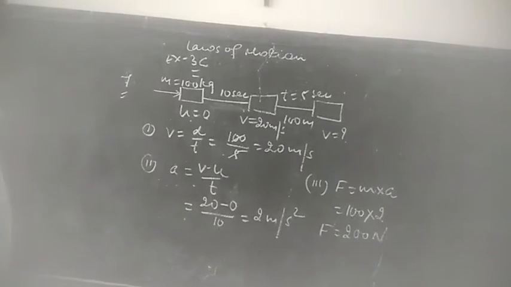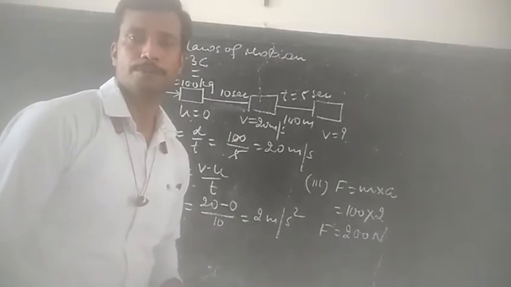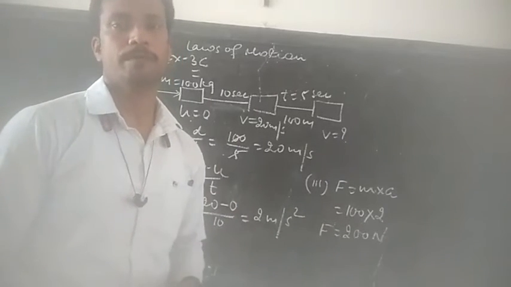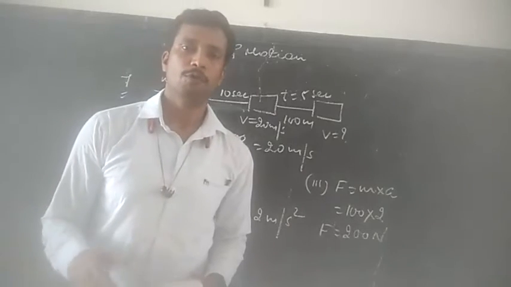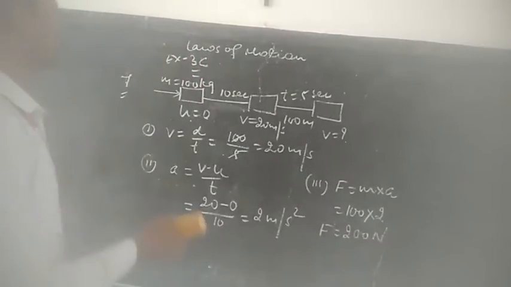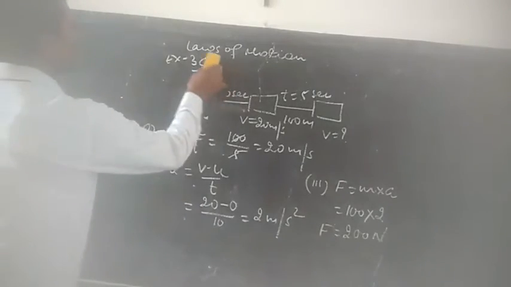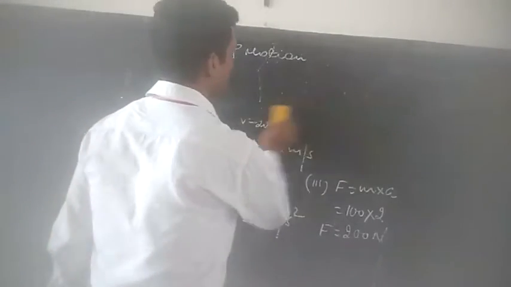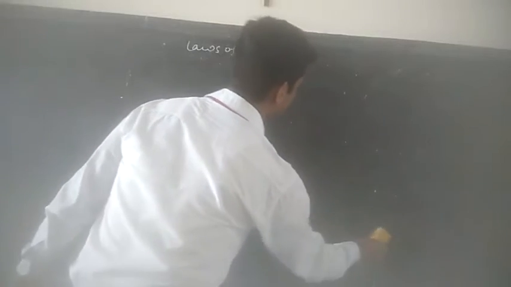These two are the numericals. You may also try the numericals from the book. If there is any problem, then you can tell me. I am going to show you in the next class. So we can now come to Newton's third law of motion with some examples.